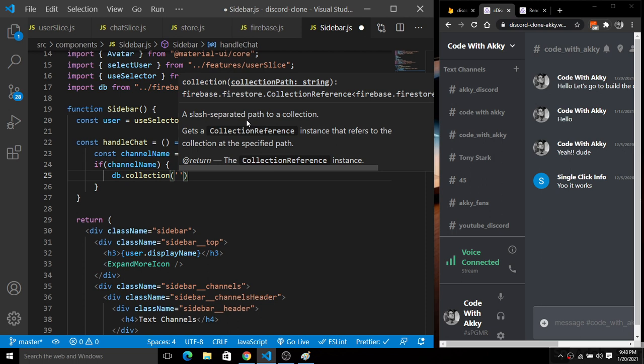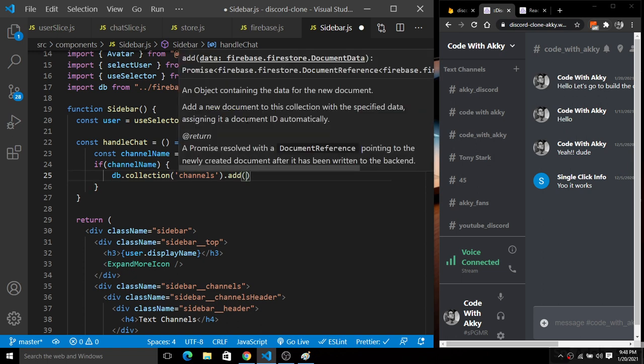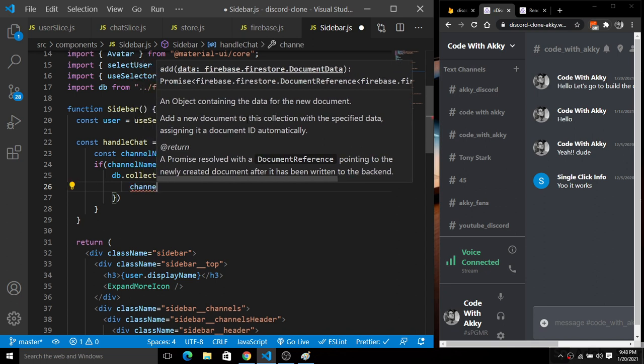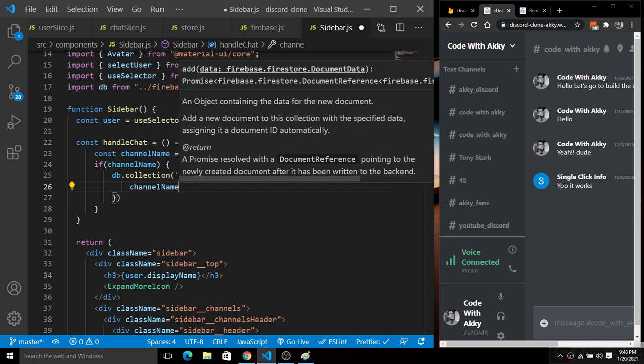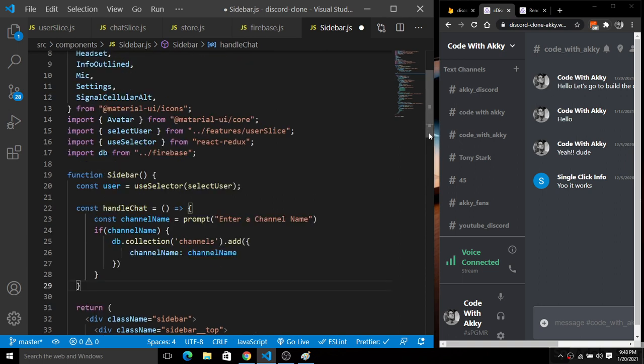Inside this collection we have a bunch of channels here. So db.collection('channels').add, and the add function will simply add this thing directly to the database. So we have this channel name, and for the channel name we have this channelName, just like this. Fine. Next, it will simply push the channel name directly to the database. Got it? So we have this handleChat functionality here.